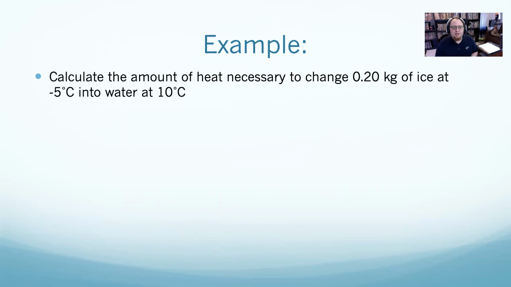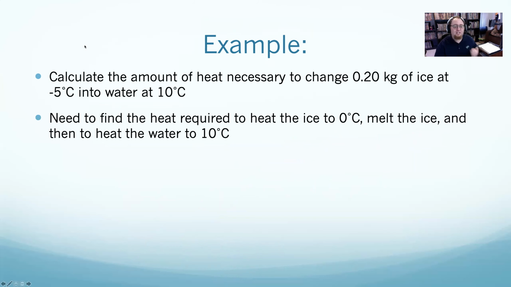Let's say I ask you, how much heat does it take to change 0.2 kilograms of ice at -5 degrees to water at 10 degrees? Here I have two different phases, ice and water. So if I want to know how much heat it takes to go from ice at -5 to water at 10 degrees, I need to look at it as 3 steps. What's going to happen is my ice at -5 is going to become ice at 0. That's as hot as ice can get. Once my ice is 0 degrees, I will then melt the ice. Once I melt the ice, I then have water at 0 degrees,